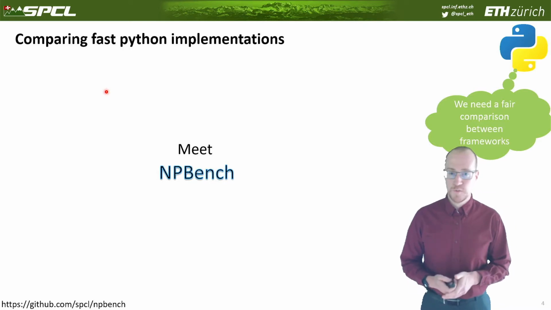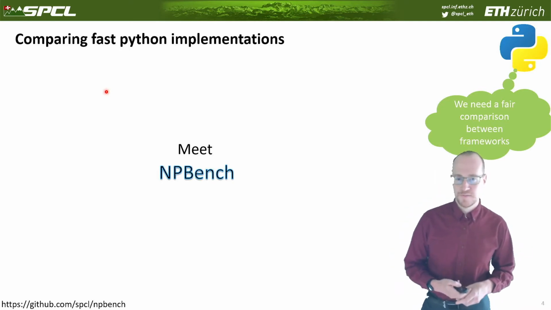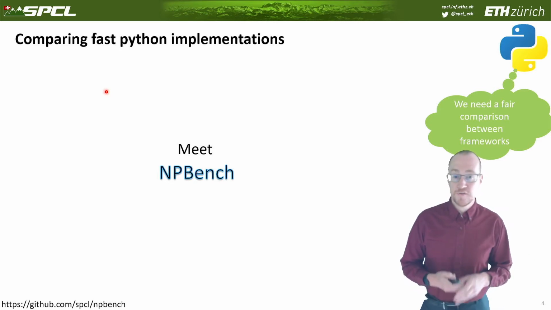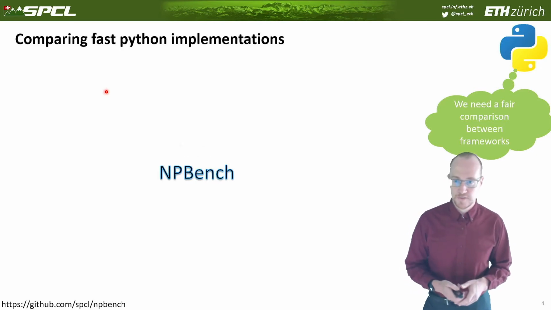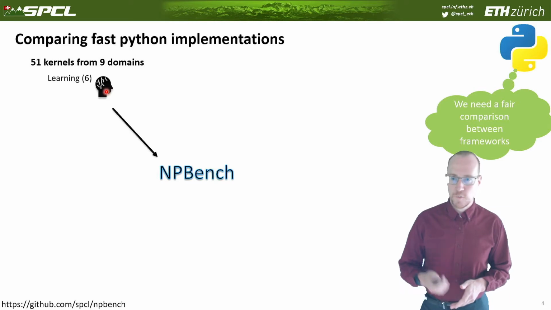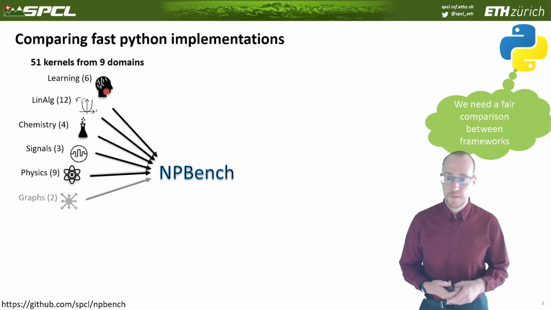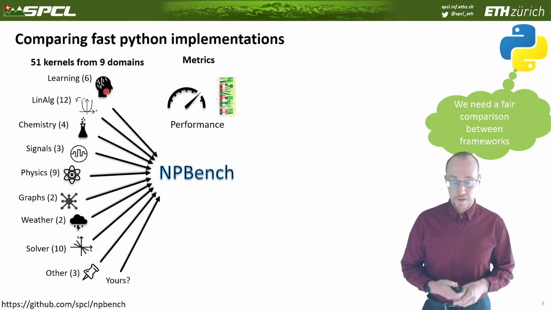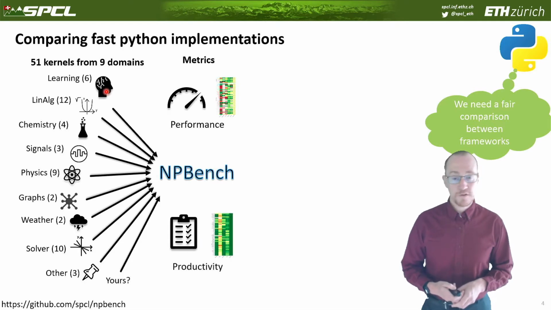And we're proposing another benchmark that we call NumPy bench that incorporates many pieces of applications, of real application kernels, really like the NAS parallel benchmarks, but written in NumPy, much more productive and in only tens of lines of code. And here we actually have a quite large number of kernels, 51 kernels from 9 different domains, implemented, and you can use them to evaluate your Python framework. And of course, the evaluation is with respect to performance, but also with respect to productivity.